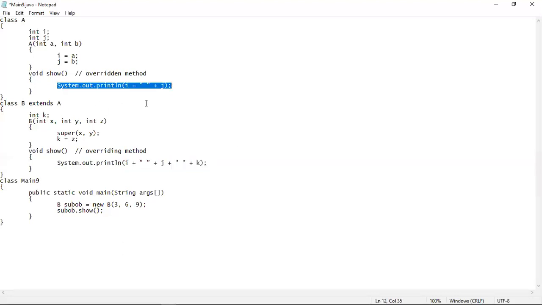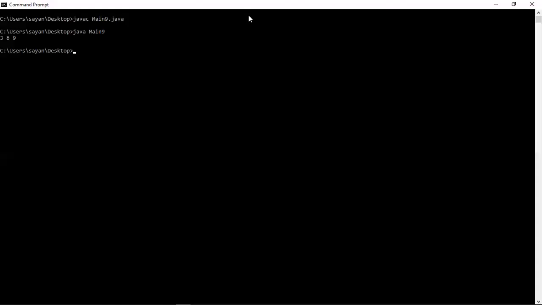Now let me execute the program to show you the output. Then I'll come back to the program again and I'll show you how to access this show method even if method overriding is taking place. So just as I explained, the output should be what has been written inside the subclass version of the show method, which is 3 space 6 space 9.